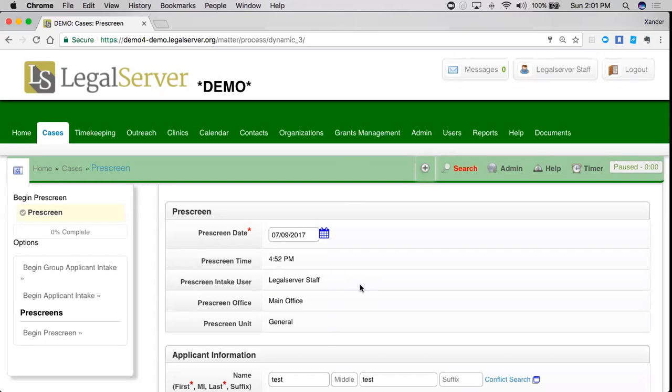Different organizations decide how to use the reject process and the reject tool differently. Generally, the reject form and the reject process are used in situations in which you are unable to provide a service to an applicant. The reject form and the reject process can be accessed at any point during the life cycle of a case, whether it's a pre-screen, at any point during the intake, at the end of the intake on the disposition page, or when the case is actually already open and underway, the reject process is still accessible